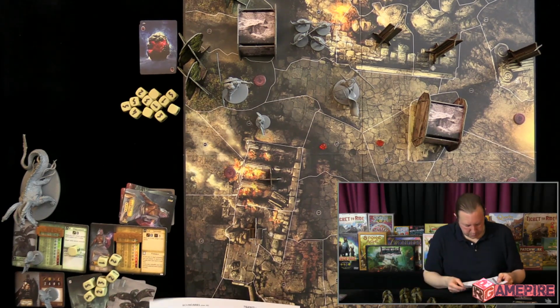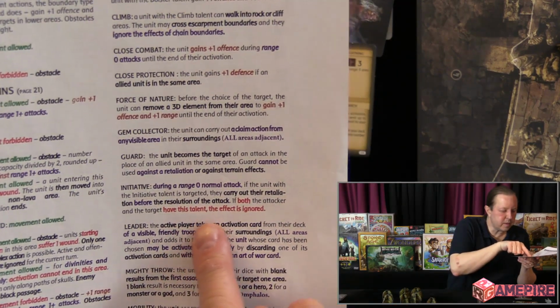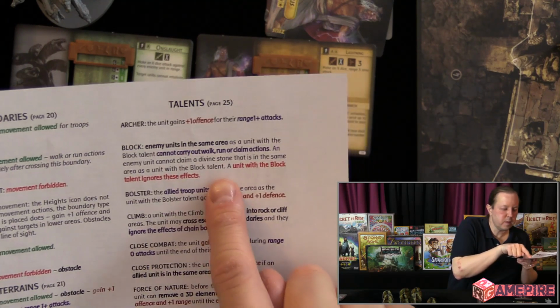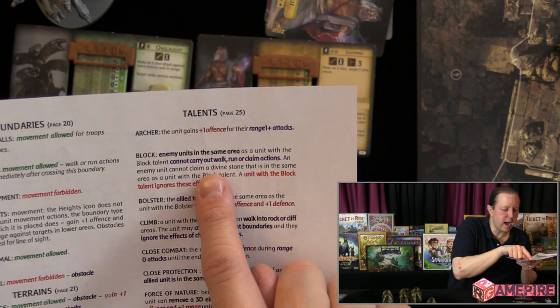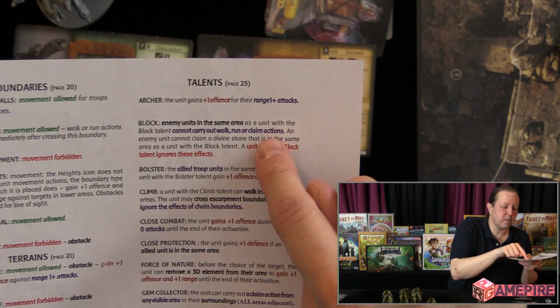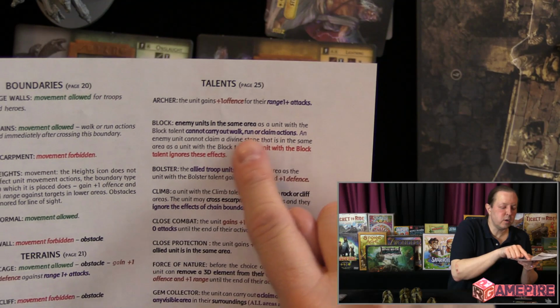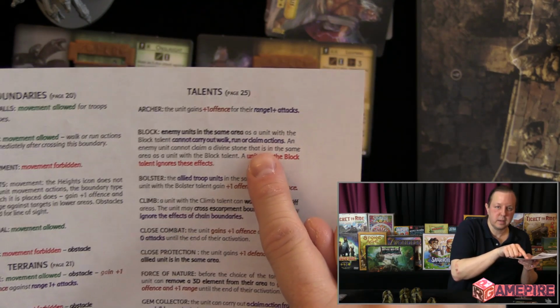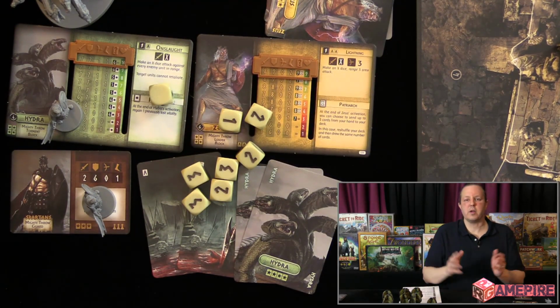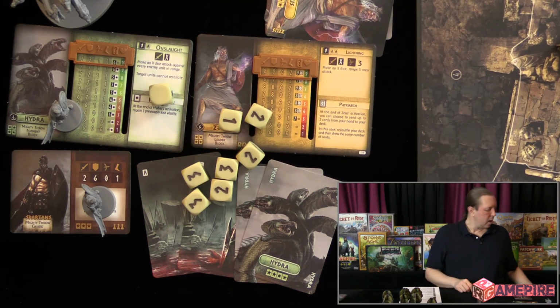Now, I think it does say something about if both of them have initiative, that it's canceled. Yes, it says that here, and I highlighted it in red. If both have this talent, the effect is ignored. Same with block. If both units have block, it doesn't matter. They can still move through each other. So normally, though, with block, you cannot carry out walk, run, or claim actions if someone has block in the same space. So if Aries is in a space with block and the Spartans want to move out or walk through or claim something, they can't because Aries will block them from doing it. But if the Spartans and Aries both have block, then they cancel each other out. All right, so